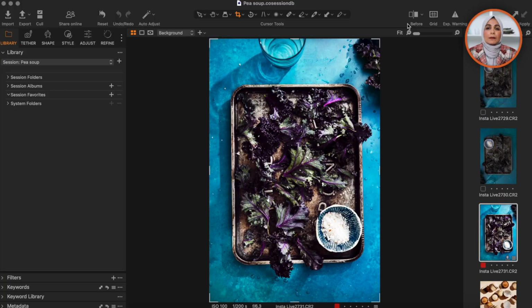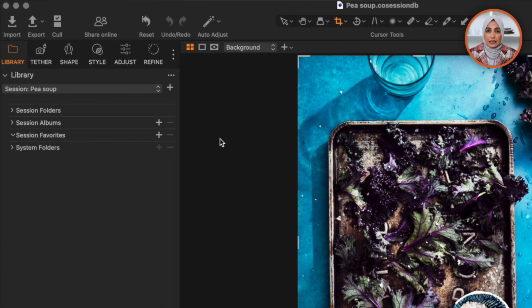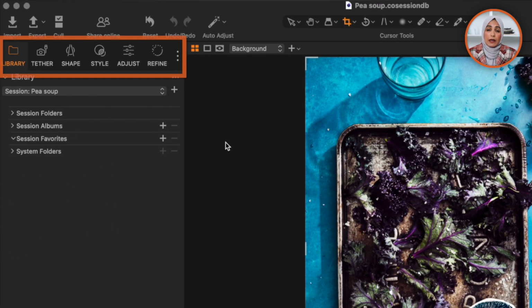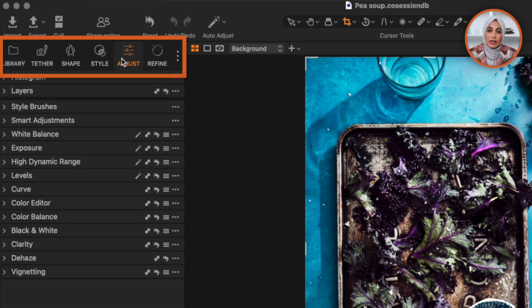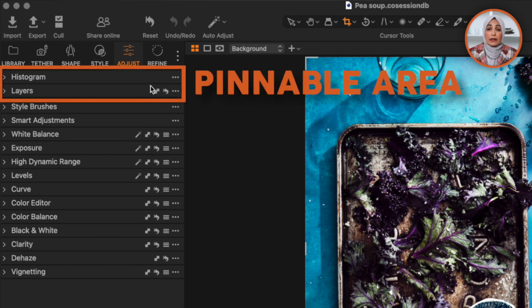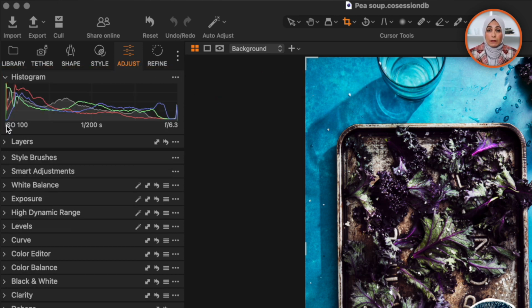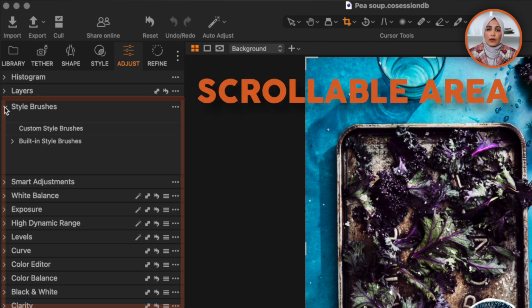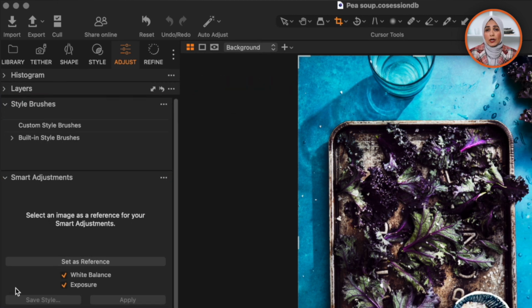So when you first open up Capture One, you're going to be taken to a default workspace that comes with the program. And then on the left-hand side is what you call the Tool tab. And here you have a variety of tools that have been created by Capture One. So if we go under the Adjust Tool tab, you can see that there's various tools that are used for editing your food photos. Now, some of them are in the pinnable area, such as the histogram and the Layers Tool tab. And then in the scrollable areas, you have a few other tools such as style brushes, smart adjustments,